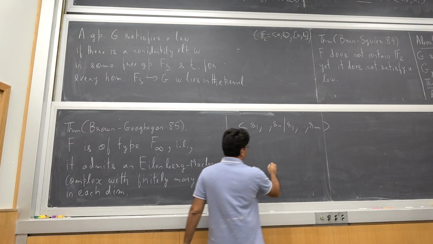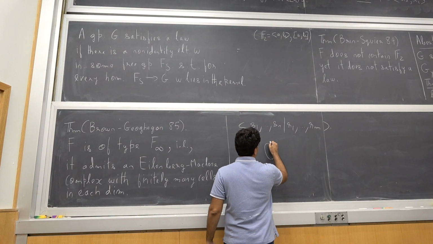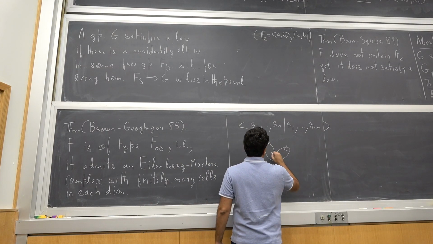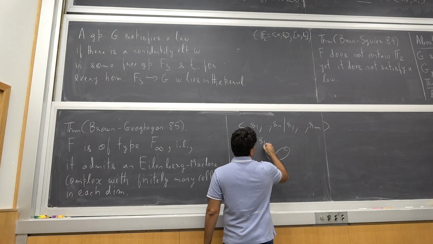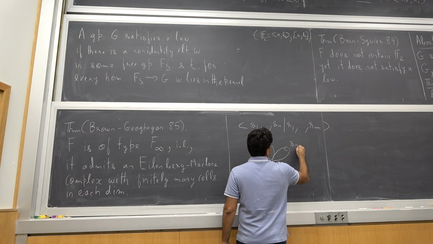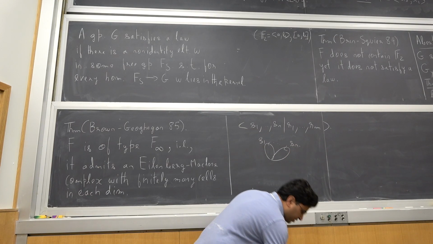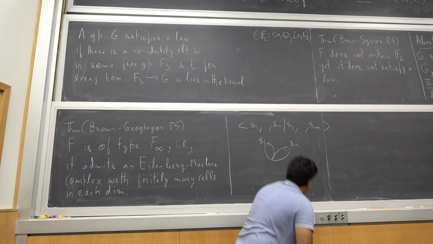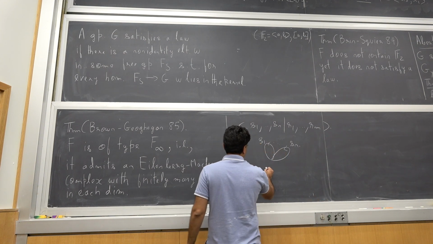You start with a 0 cell and attach loops corresponding to S1 through Sn. And then for each relation, you take a disk